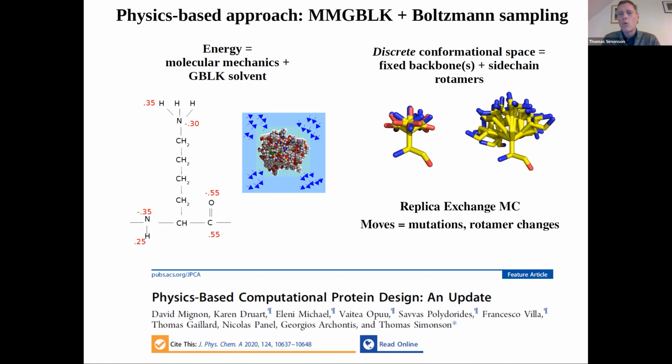We typically have one fixed backbone conformation, or possibly a handful. And then we have a library of side chain rotamers. So the Monte Carlo moves can change side chain types, change rotamers, or some combination. This is a pretty good review right down here.